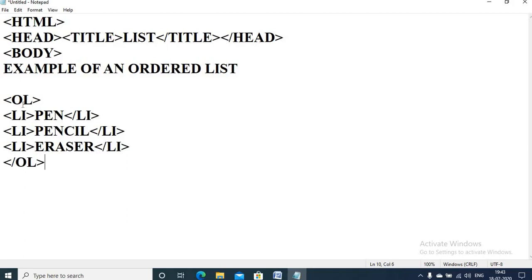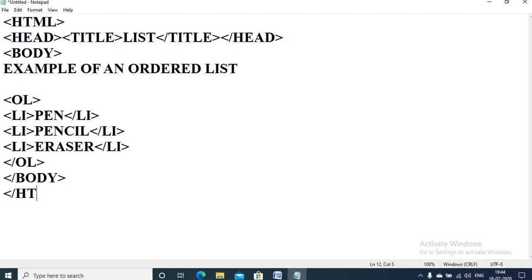Now as you can see, I have started with OL. Then for representing each list item, we'll give LI tag and close LI tag, and keep on appending the list by using LI every time. After that, at the end, you have to close OL tag. It represents the end of the list. You can give any number of list items, and you can also see that I have not given br here. When you are using LI, then br tag is not required, because LI automatically represents the list items in separate lines.